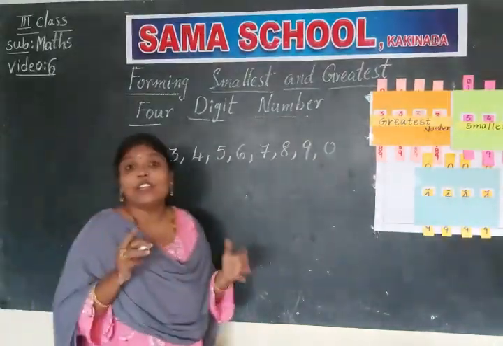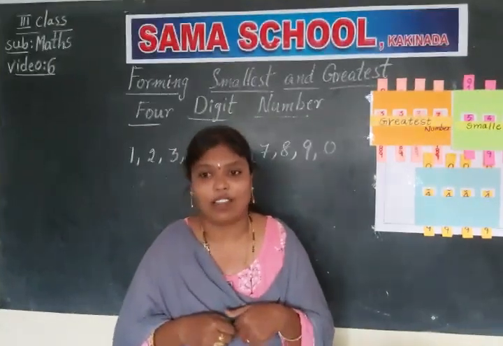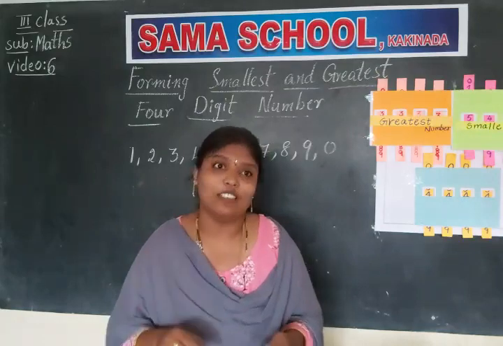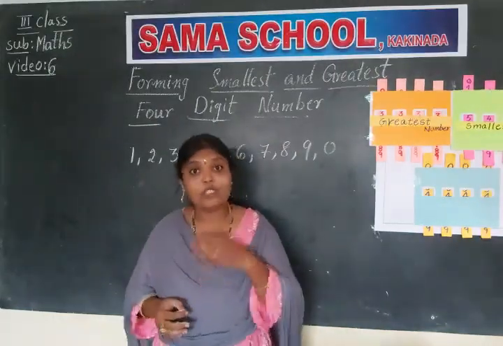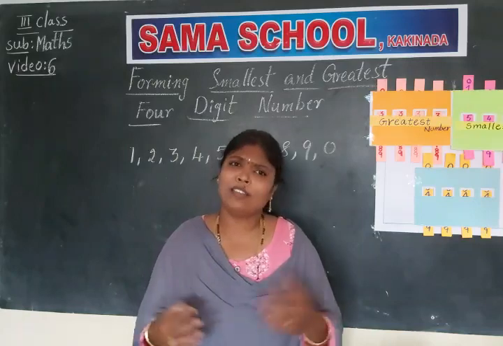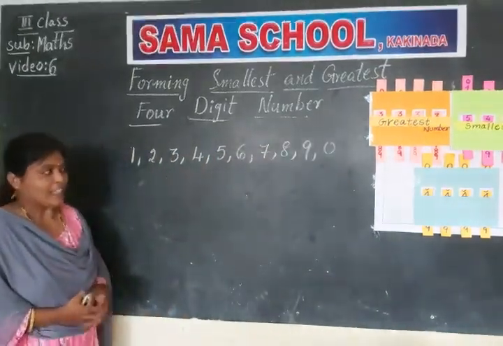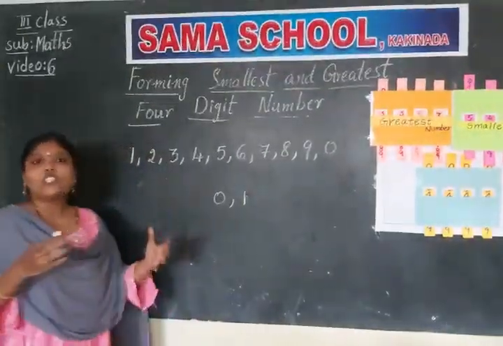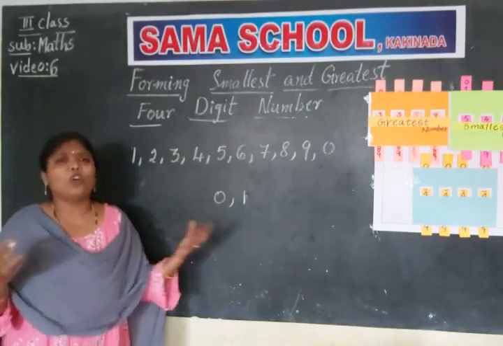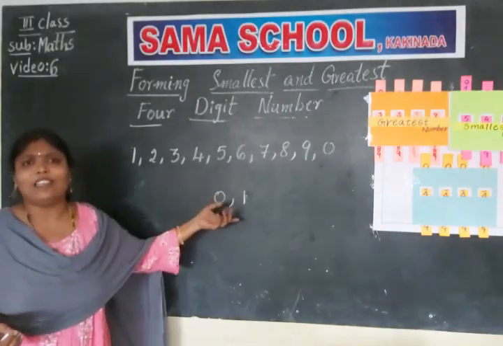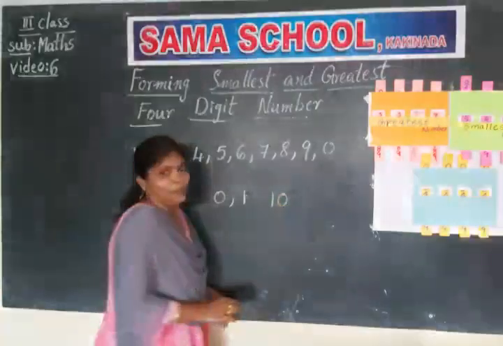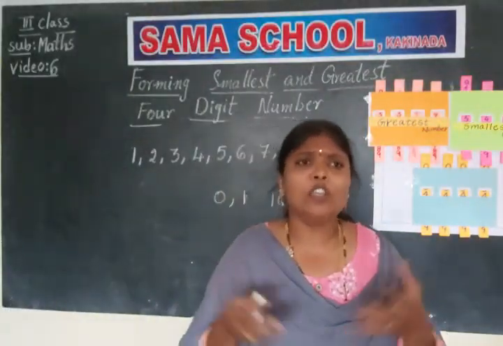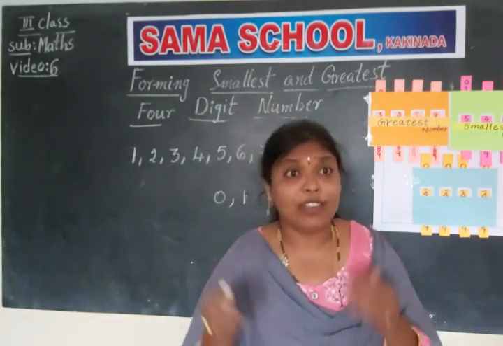But children, here we are going to learn something very interesting. Till now, you have learned how to write the numbers in order. But if I give you some digits, can you frame a number? Yes, of course. Suppose I give you the digits 0 and 1, which number would you frame? You will say 1, 0, 10. Just like that, if I give you more digits, you can frame any number.